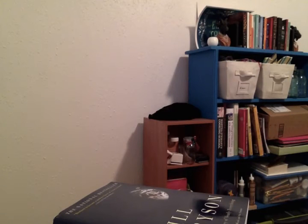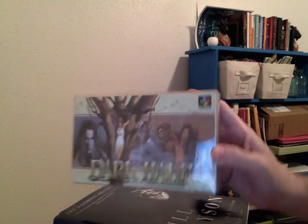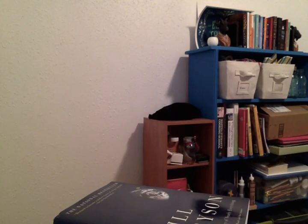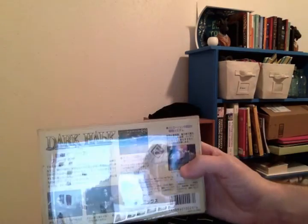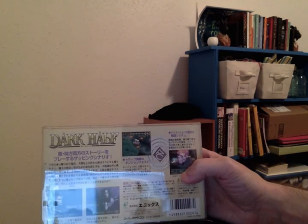Next up, this is kind of a darker role-playing game. I guess that's why it's called Dark Half. But yeah, more gothic in tone. This is one of the ones I found for $9. It was $9.99 shipped, came complete. This was from, I think they're called Tozai